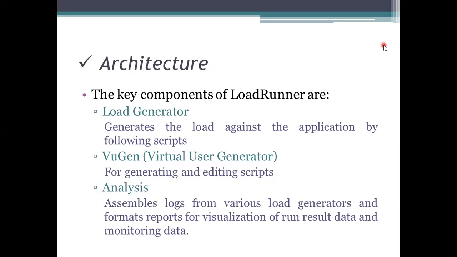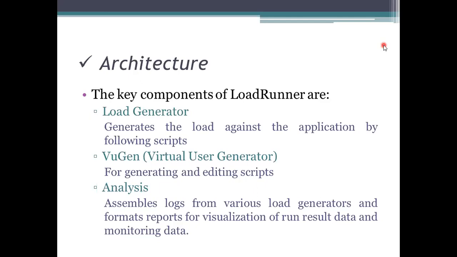And then the next one is analysis. Analysis has to be done by assembling all the logs. I took 100 people there, so 100 logs will be there, meaning 100 pieces of login information. We need to take all this information and assemble it, merge it, and create a report specifying whether the system has degraded or has downtime or not, based on the result of that merged data.